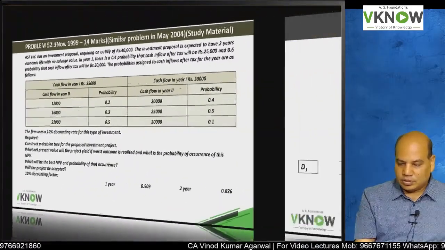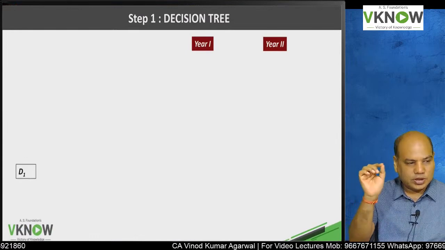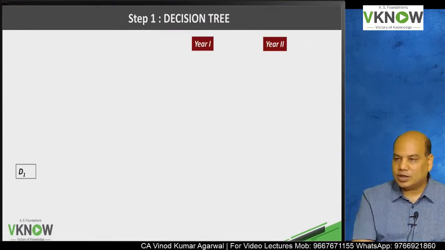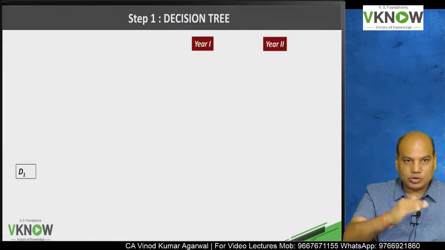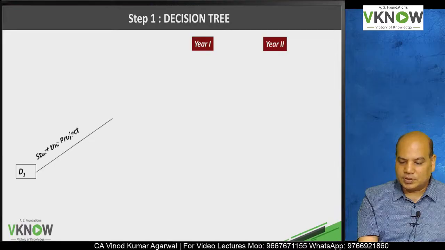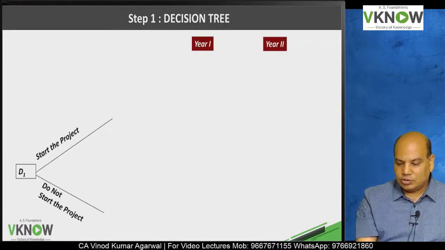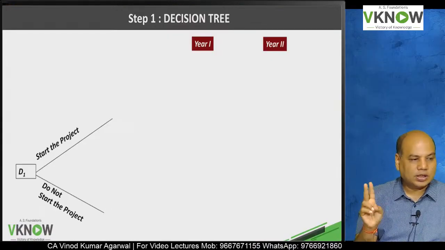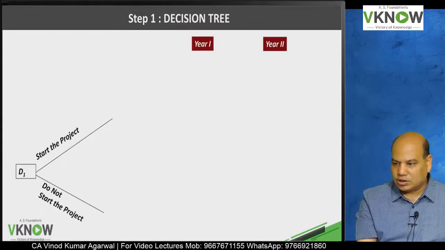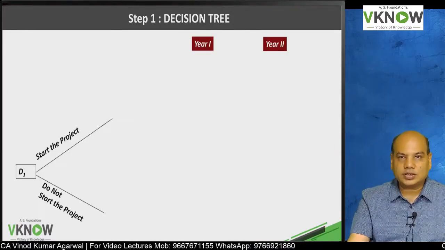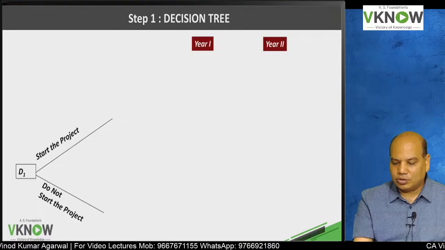First you write down step 1, the decision tree. Start from the left side, start a little below, maybe keep 20 lines or 15 lines blank, and then you start writing. Today I have two choices: start the project, do not start the project. If I do not start the project, no further discussion, NPV will be 0. But if I start the project,